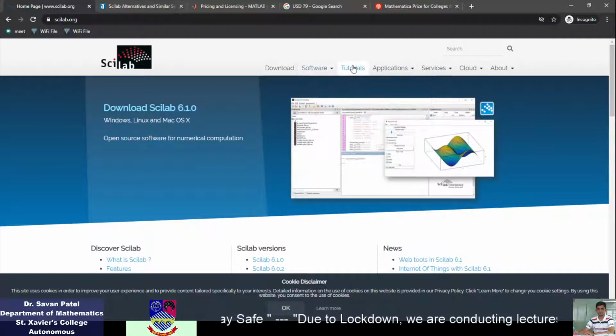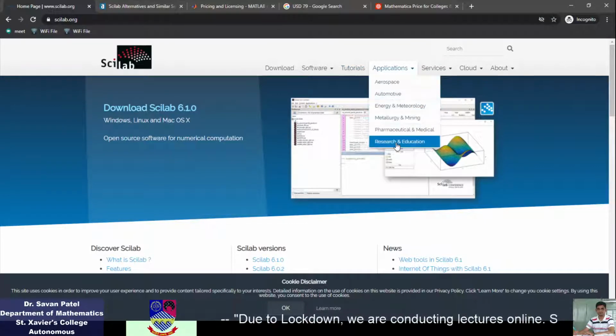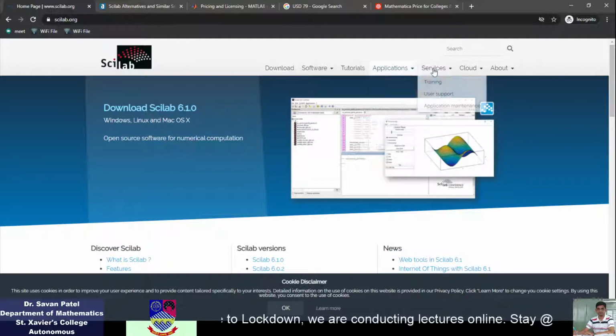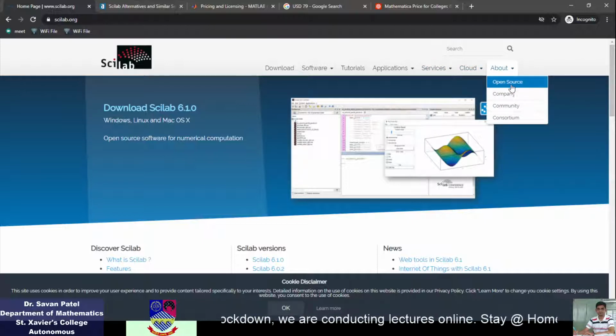On that site, there are tutorials available on how to deal with Scilab. You can refer to them if you want. There are some applications working through Scilab, such as for research and education, which you can use. It also has cloud servers, and its source is also available here.